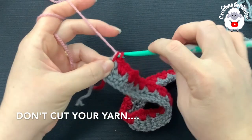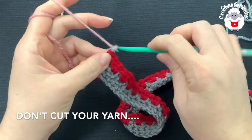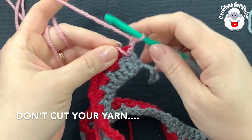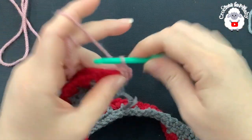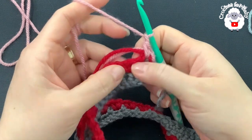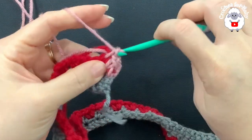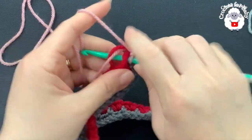Like this. Perfect. Now chain 2, turn. In this row, what we're going to do is the following. We have the first chain one space, so insert your hook right there and make a single crochet, chain one. And then we have our first cluster, and right in the middle we have the chain one space. So go in there and make a single crochet, chain one, and then we have the chain one space, make